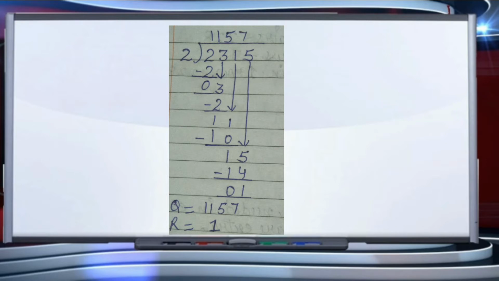Now we will count the table of 2 where 2 comes, that is 2 ones are 2, and we will write 2 below the dividend and subtract. 2 minus 2 will be equal to 0. So we will take 3 down. Next, we have to check whether a number 3 or a number less than 3 will come. So what is the number less than 3? 2 ones are 2. That is, 3 minus 2 will be equal to 1.